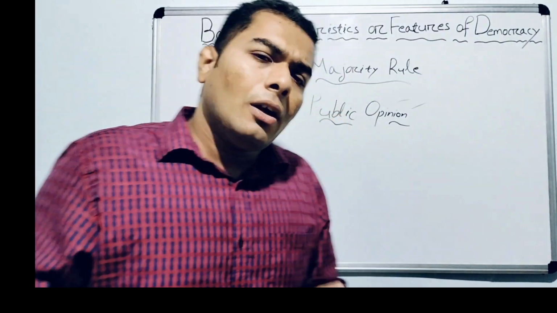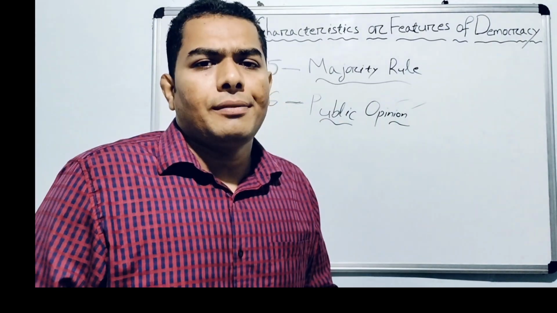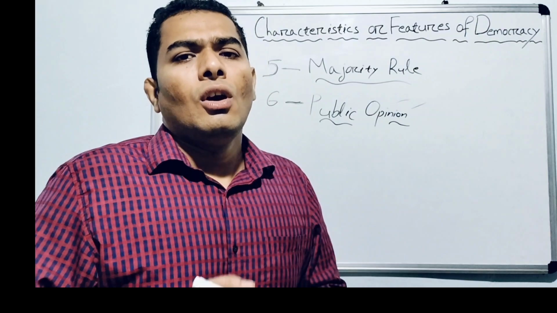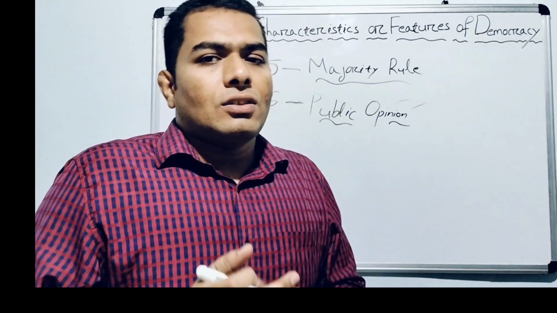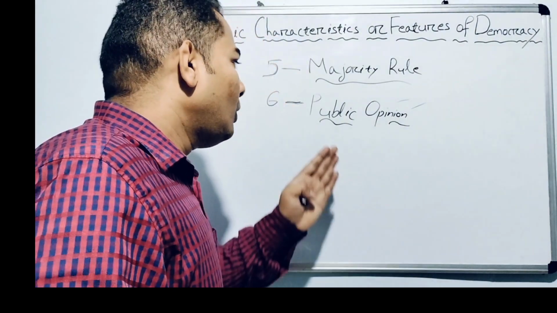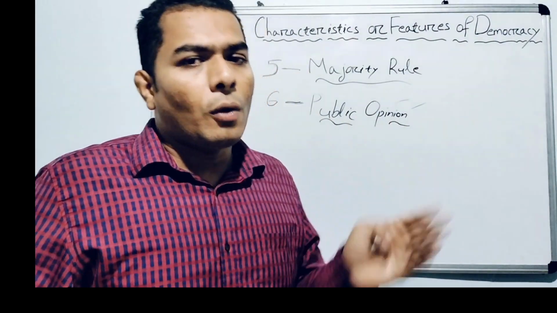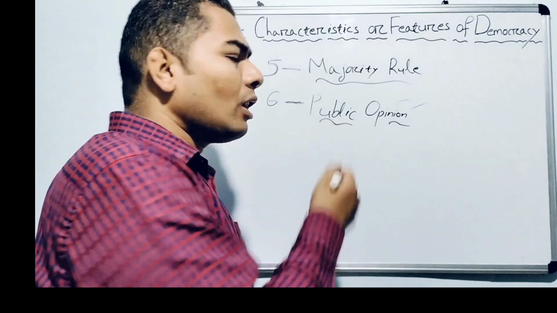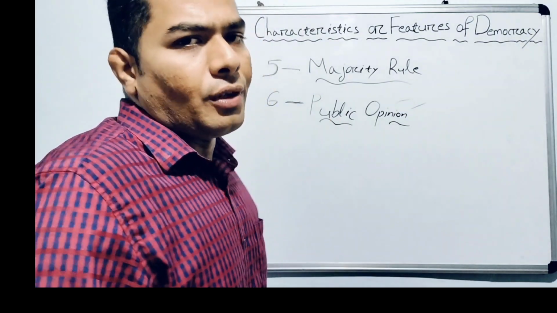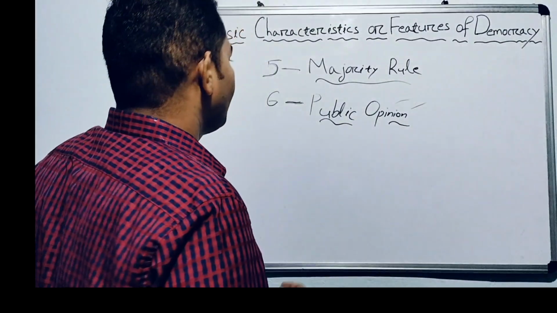And here the people have the right even to criticize the government and to debate and discuss the rules and affairs of our political system. The government always supports and follows public opinion. So this is all about public opinion. Now we will discuss the next feature. The next important feature is